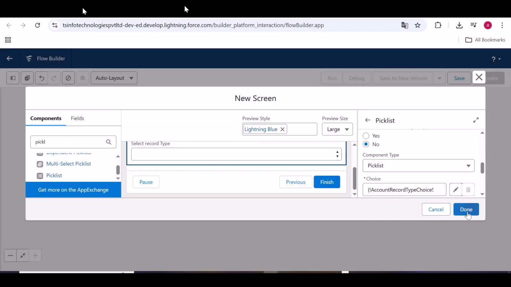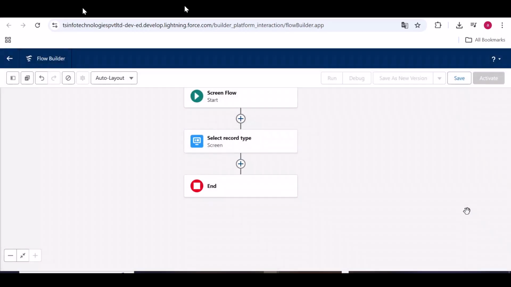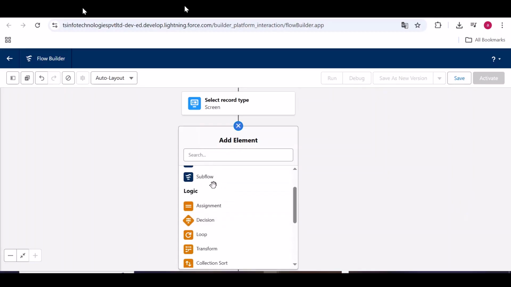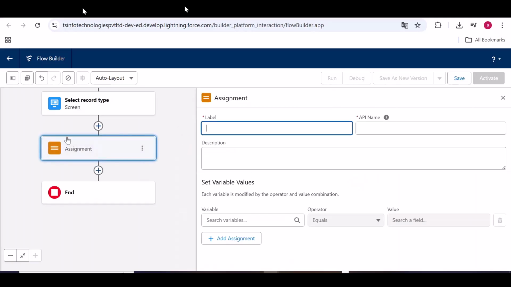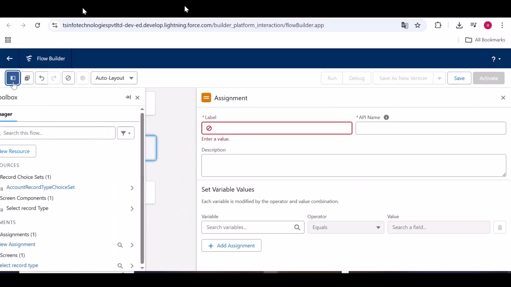And now we need to assign the record type ID so that the pick list value will be displayed accordingly. So for that we will add an assignment element. So here it is, assignment. And before that we need to create another new resource